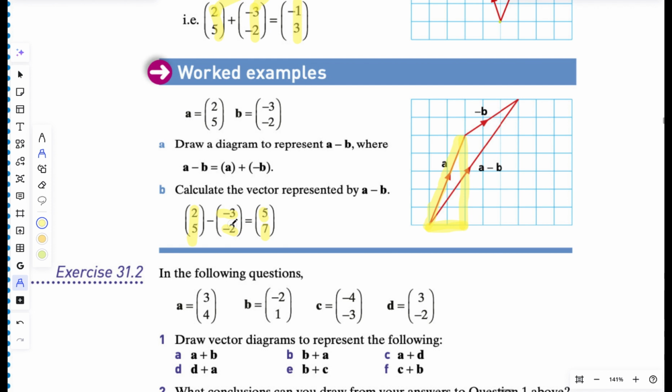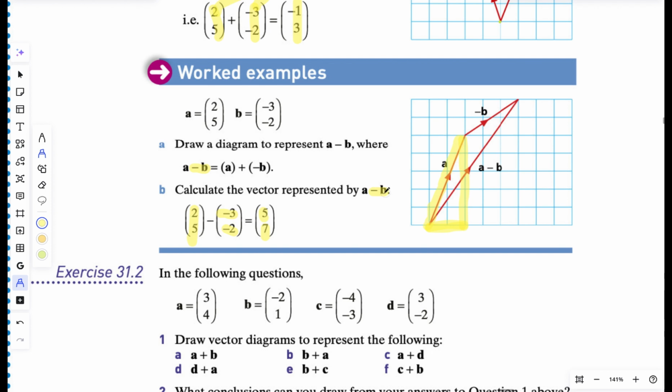if you look at vector B, it is negative because it's minus B. Look at it, minus B. It's not like plus B. Okay, it's not like plus B. So it's similar to saying A minus B is the same as A plus minus B, right? So since it's minus B,